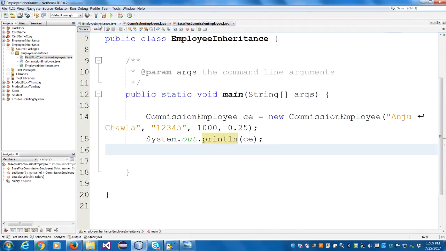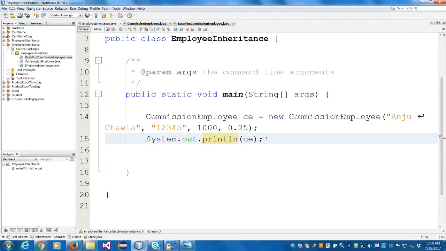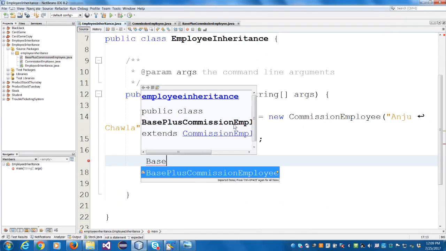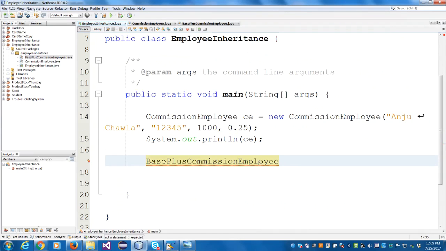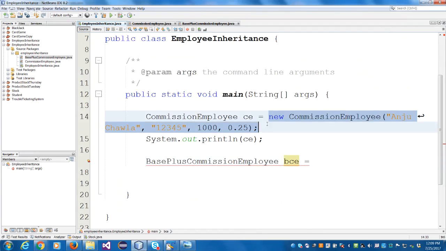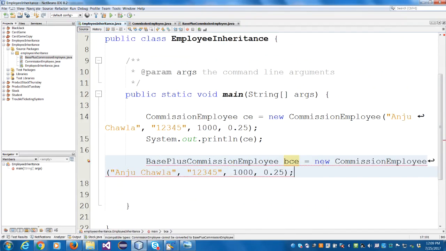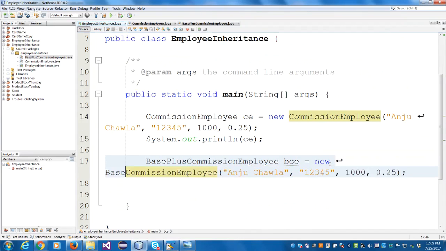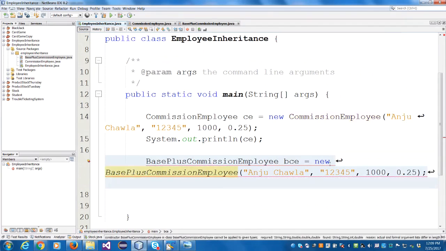Go to your inheritance again. Let's create another class, base plus commission employee. Let's call it base plus commission employee. Let's do the same thing that you did here, and I'll make some changes so that we can see it. We'll say base plus,